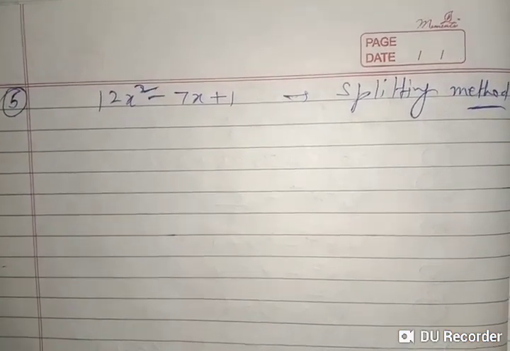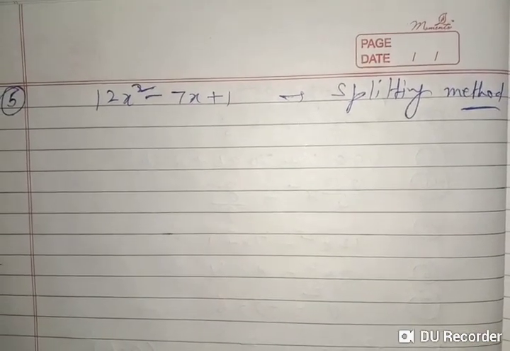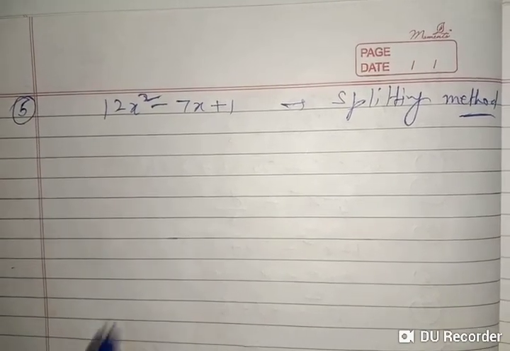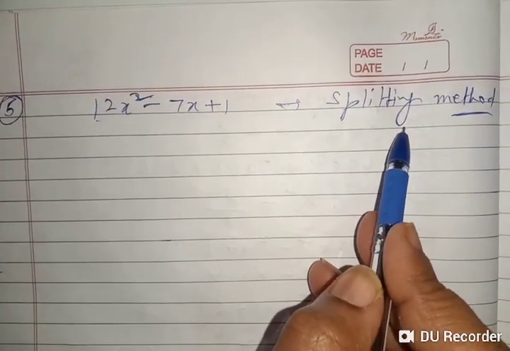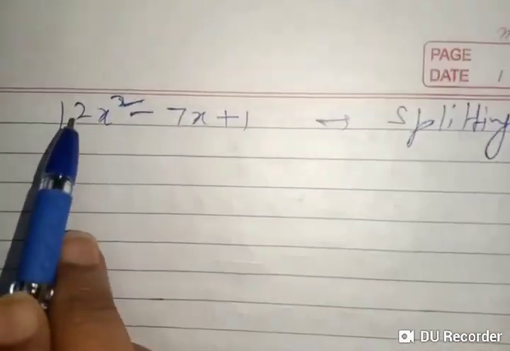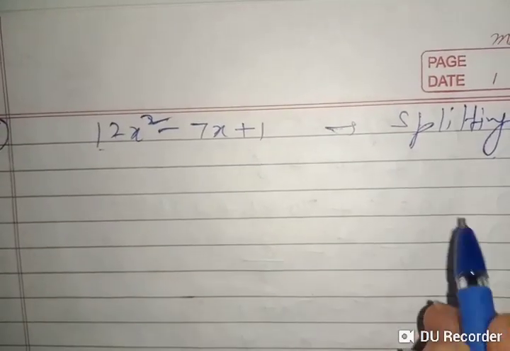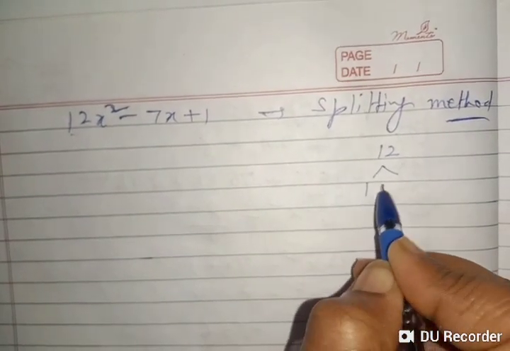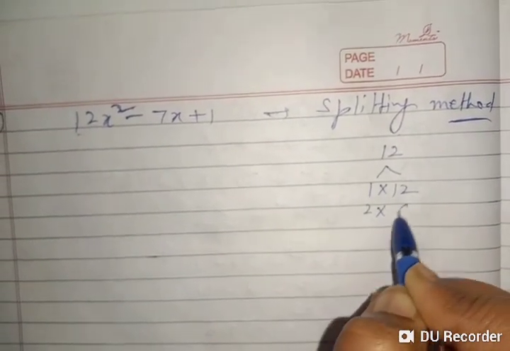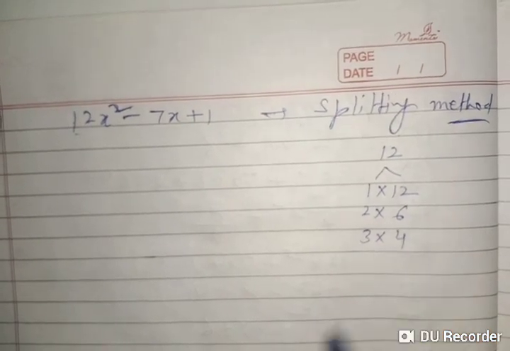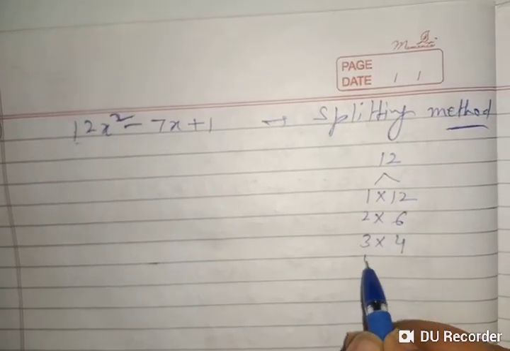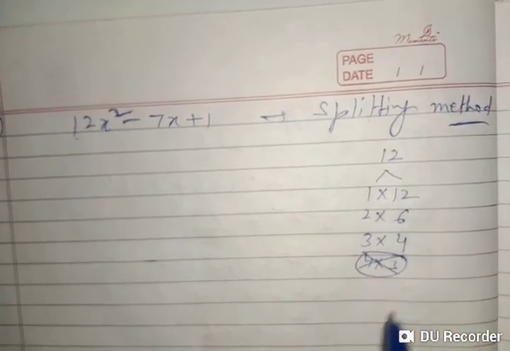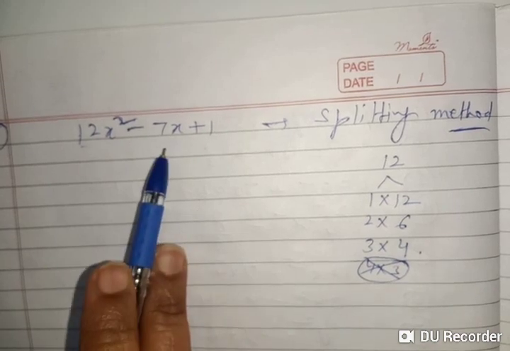The first work whenever you see a question of factorization is to decide which method we should use for this particular part. This particular part will use splitting. Why, I told you just now. So the method is to multiply this 12 and 1 in the rough. 12 ones are 12. Now factorize it: 1, 12; 2, 6 are 12; 3, 4s are 12. And then 4, 3s are 12, this we will not do because it is the repetition of this. We will stop here.